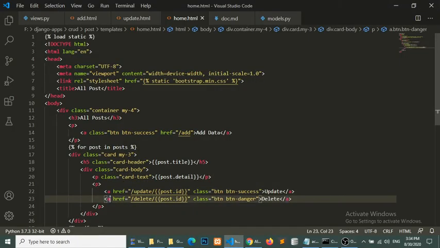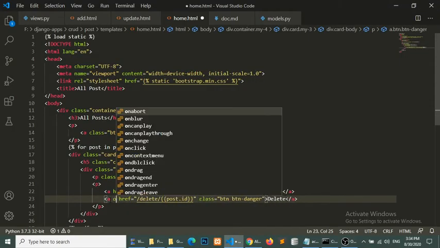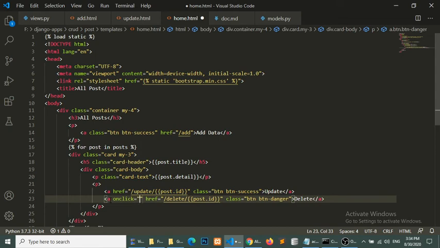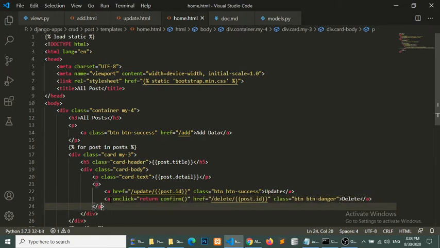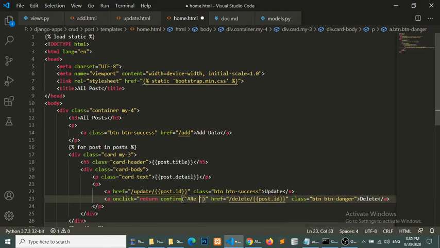So one more thing I will add, this on click, I will take confirmation from the user, return confirm. This is a JavaScript function, confirm, are you sure to delete.